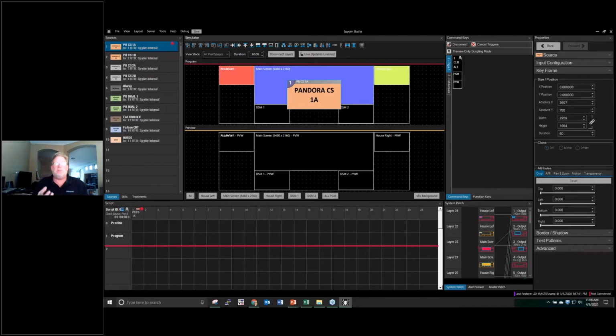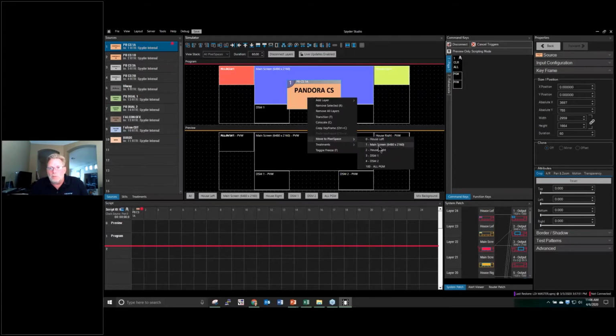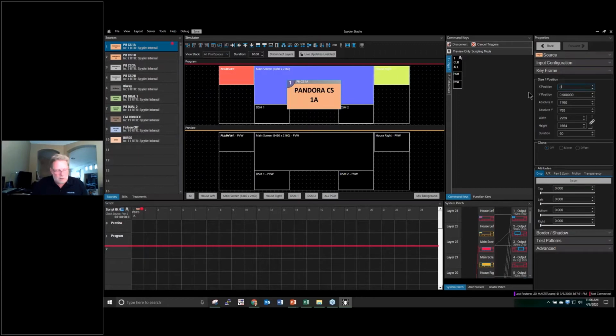Keyframes are pixel space specific, right? So they're always in relation to what pixel space they're in. So let me pop that back in here, and we'll talk about treatments in a minute. But so position. Now in Studio, we added a feature just not all that long ago to have absolute position